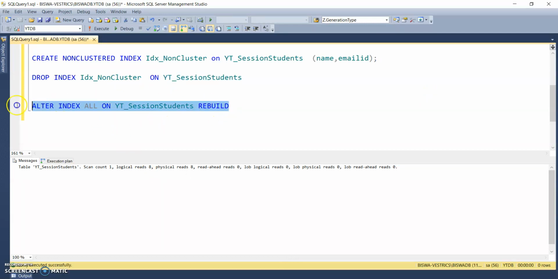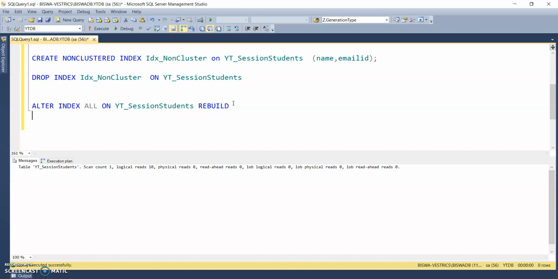Alter index all on table name rebuild. What it will do is rebuild all the indexes present in this table. Next, it's done. Same thing we can do for reorganize.